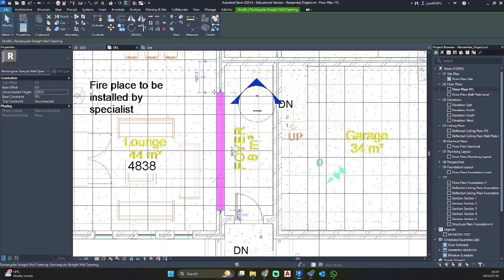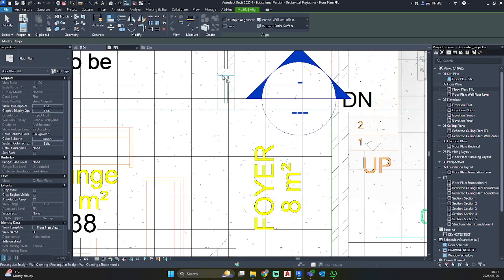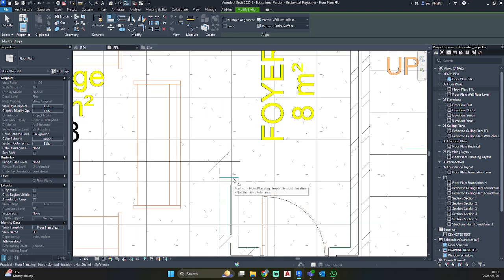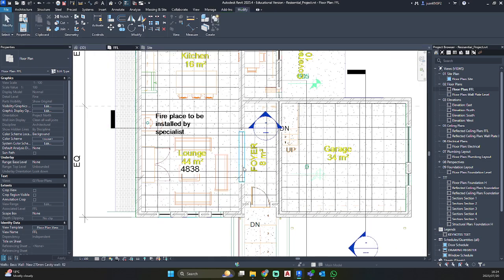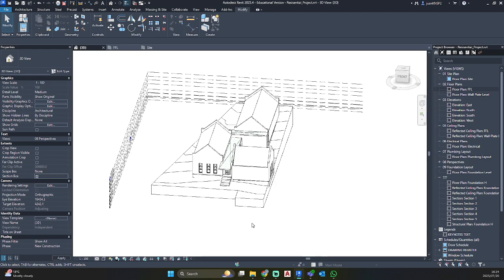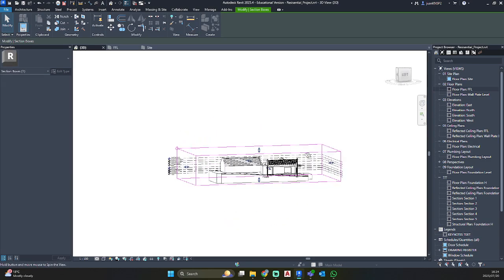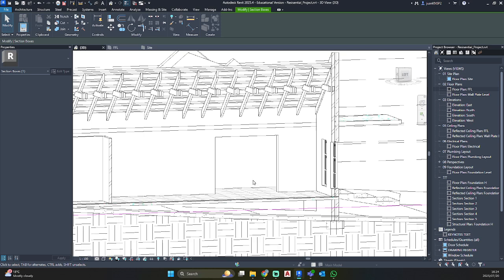But now we want to get these edges on our drawing file. So for that, I'm just going to hit AL for align, or you can go to your top ribbon and click on the align tool. So let's align these segments. Always remember, click where you want the line or opening to go, and then click on the element you want to move. And there is our opening. If we go to our 3D view, it's going to create a section box to show what we have created. And there is our opening.